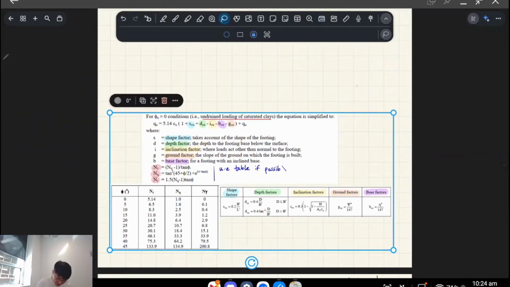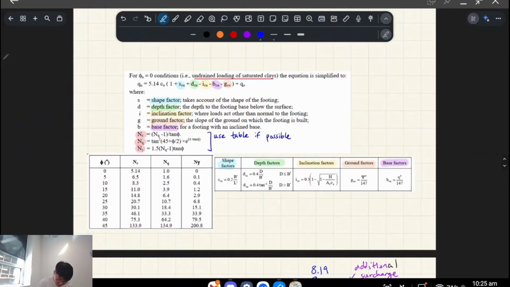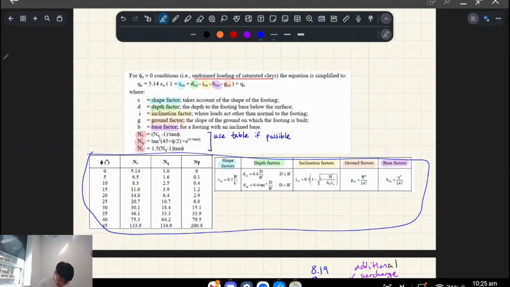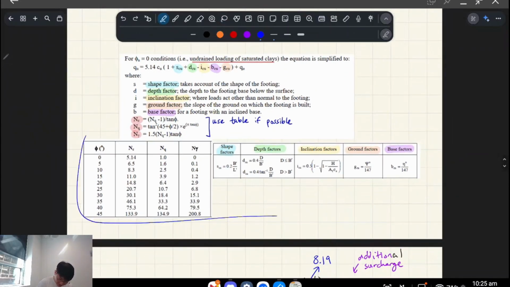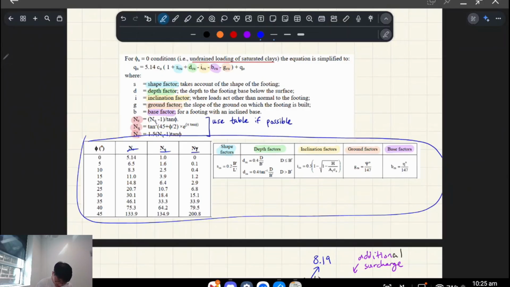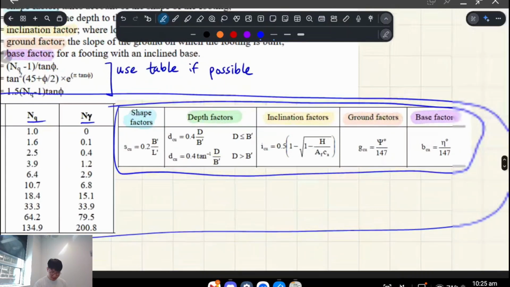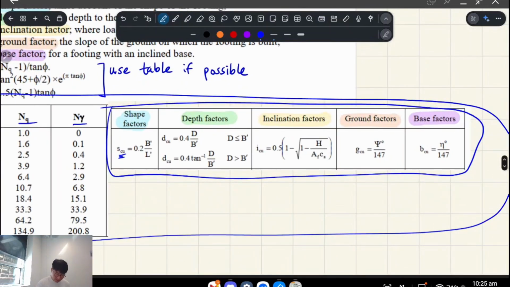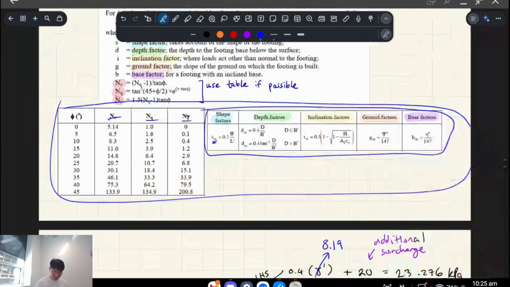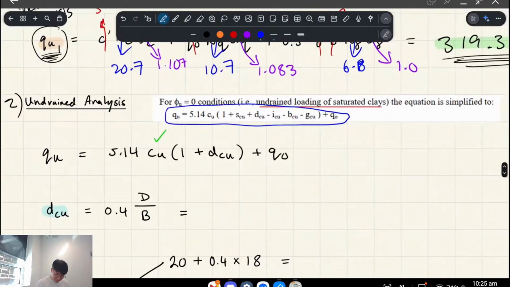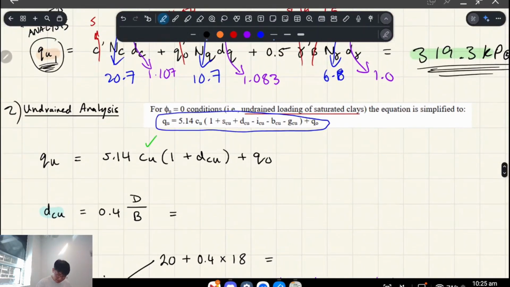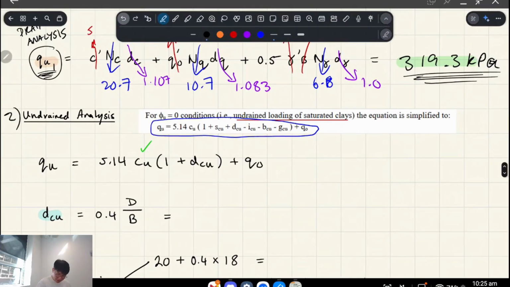So for the undrained portion, right, we have different factors for everything. Sorry, these are the same as before, but our shape, depth, inclination, ground, and base factors are different, and that's denoted using subscript CU. So CU means undrained analysis, basically. Yeah, and so the equation for overall Hansen just simplifies, but we can actually cut this down even further,